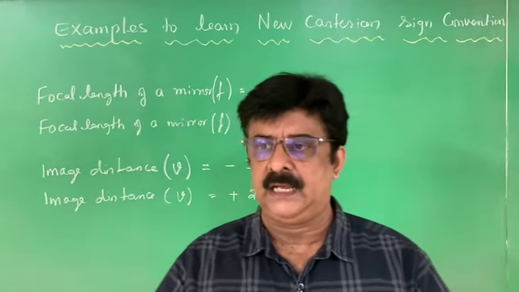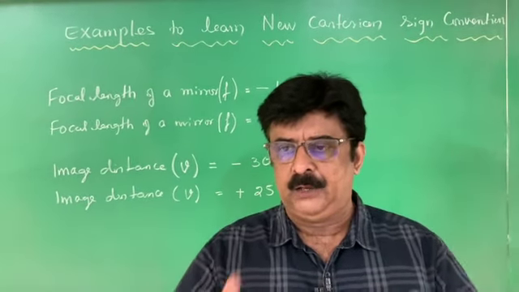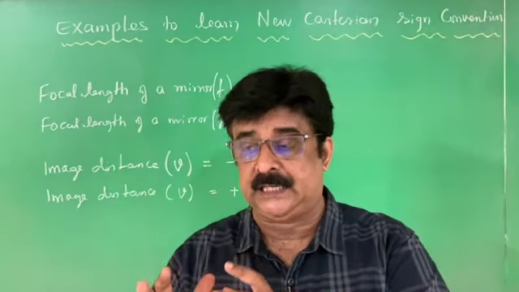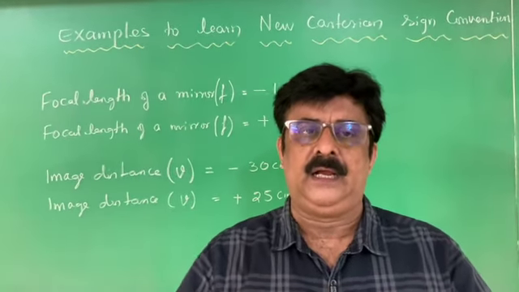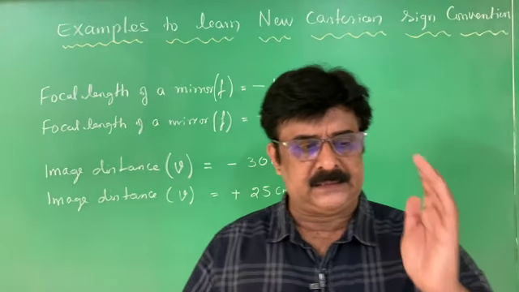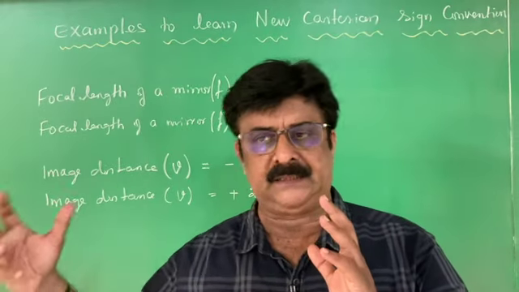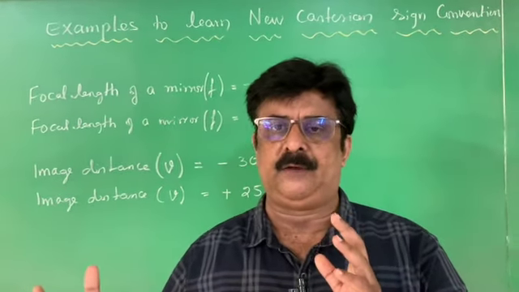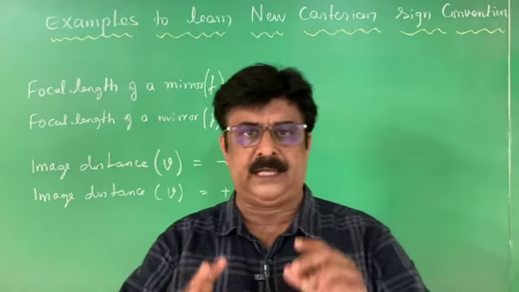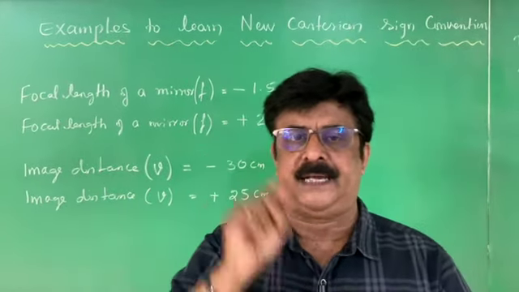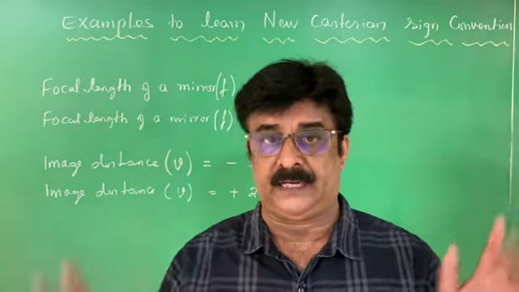Sign convention means plus or minus. The plus or minus is mainly based on which position that particular object is having in that Cartesian system. To understand this one, since the reflecting surface is always facing left side, the object is placed always left side of the mirror, therefore object distance should be always taken as negative. The object distance is given by the symbol U. U is always taken as negative. That is the first thing.